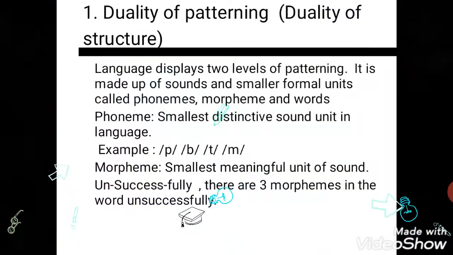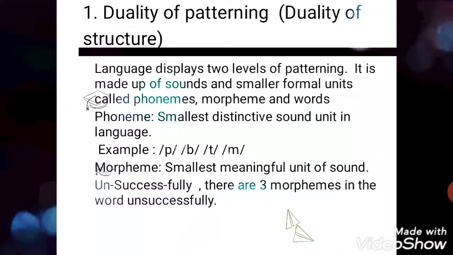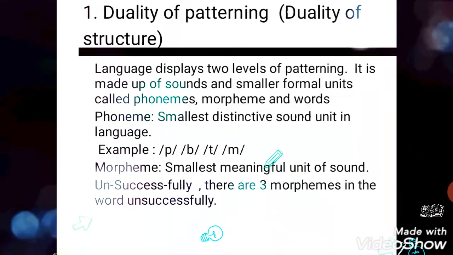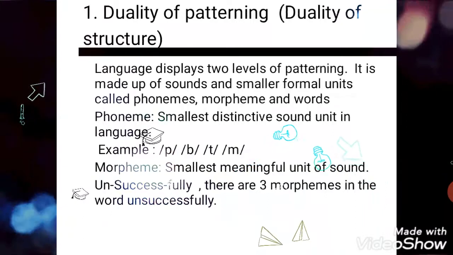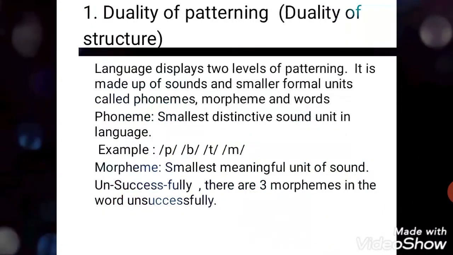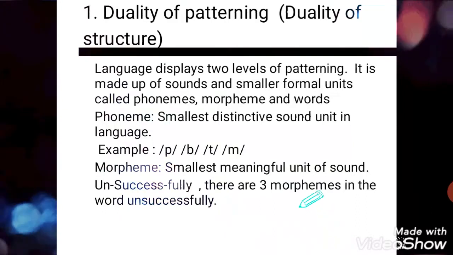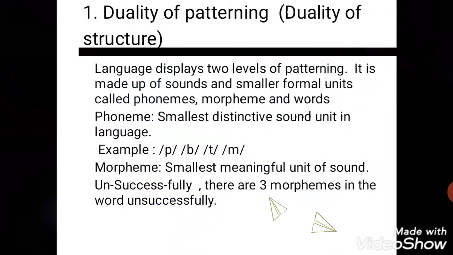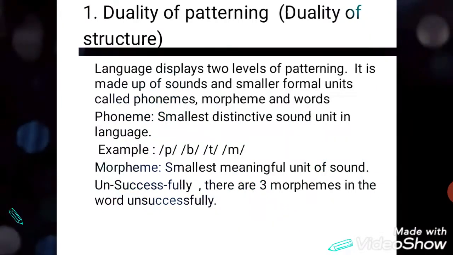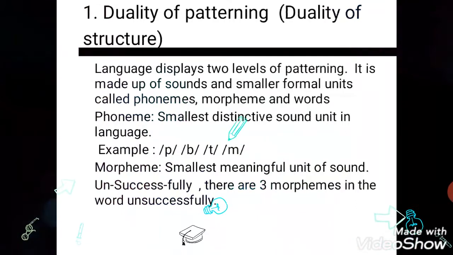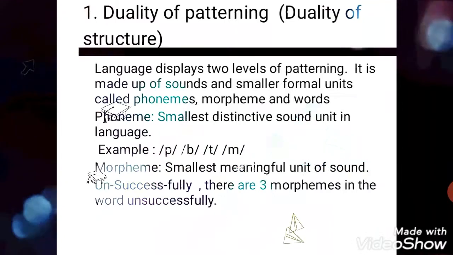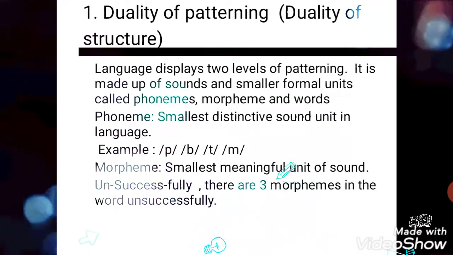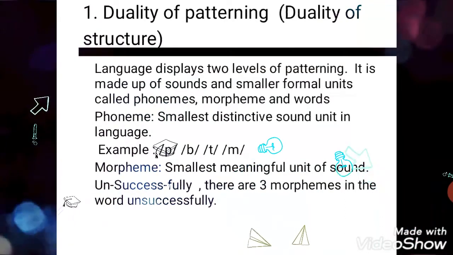Unlike animal language, human language is articulate as it has got a structure. Human language can be analyzed into a number of smaller constituent elements like words, phonemes and morphemes. That is why human language is said to be a system of systems. The cry of animals or the body movements of the bees cannot be analyzed into smaller units. Human language is structured at different levels, at the level of phonemes and morphemes and at the level of words.